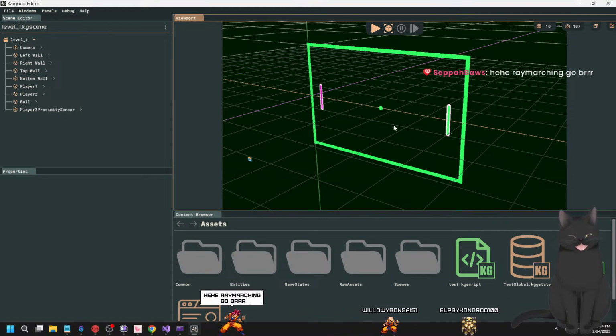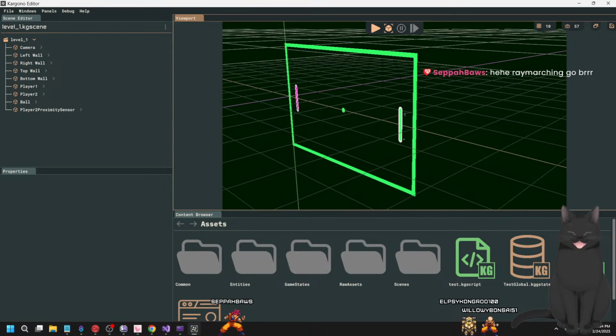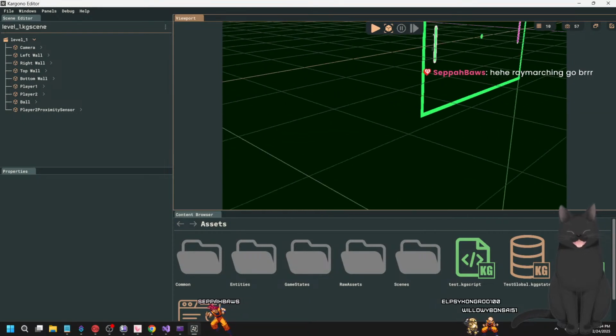Ray marching goes brr, dude. I feel that. It goes crazy. Why did I open this up? Yeah, I mean, I don't know if